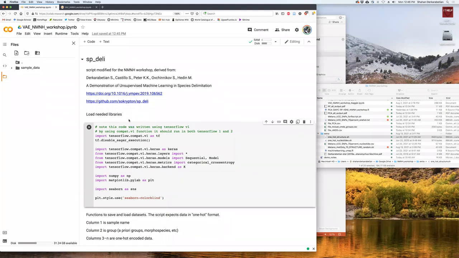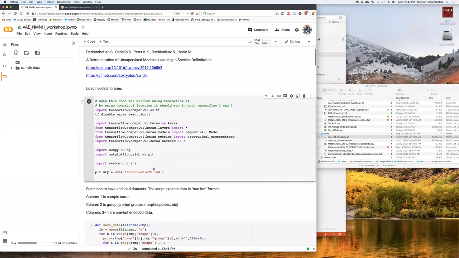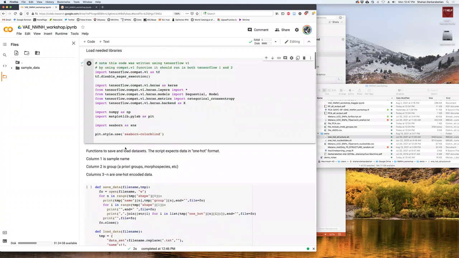Okay, so how this works is this is what's called a Jupyter notebook. You break your code down into different boxes and you can execute one at a time. You just click this arrow button and it executes. This first step is loading all the packages into memory. So it uses, again, TensorFlow and Keras. These are machine learning packages. You should be familiar with NumPy, Matplotlib, and Seaborn. I use colorblind so that people can see the colors better.